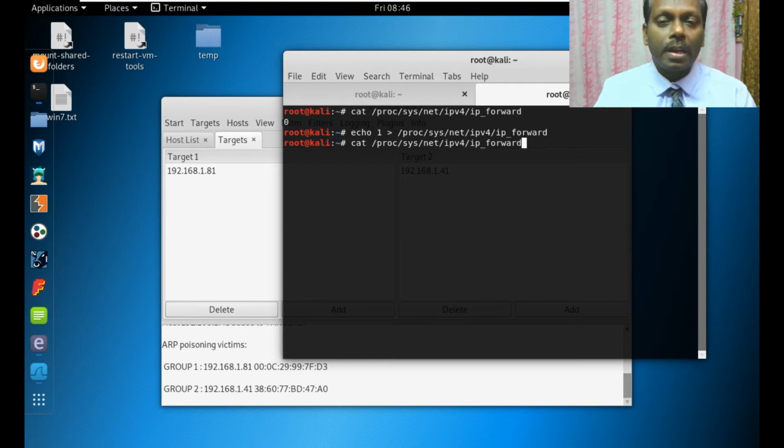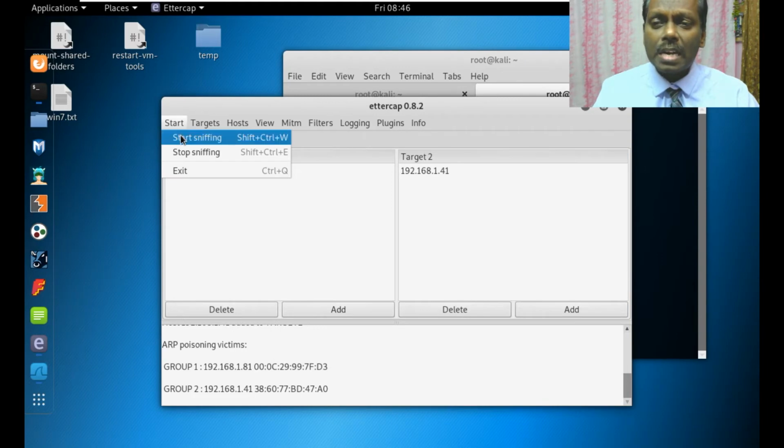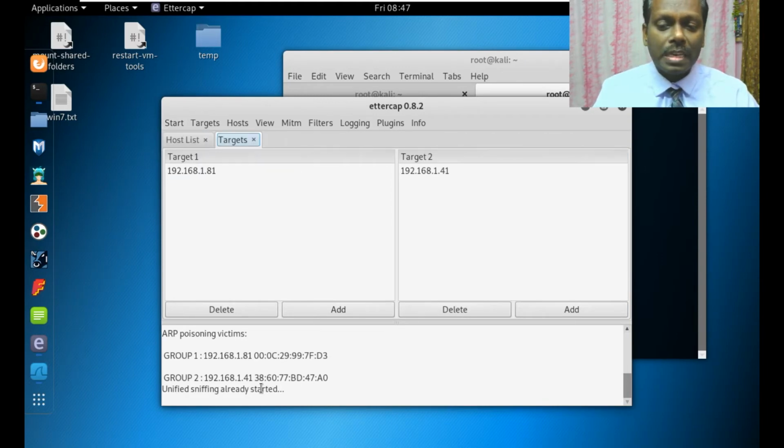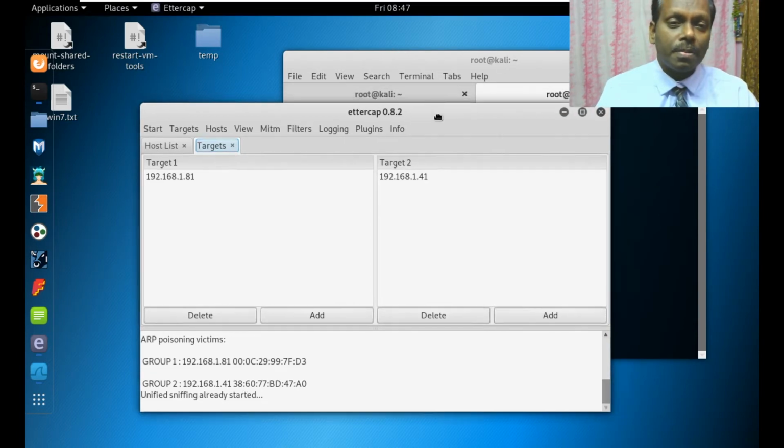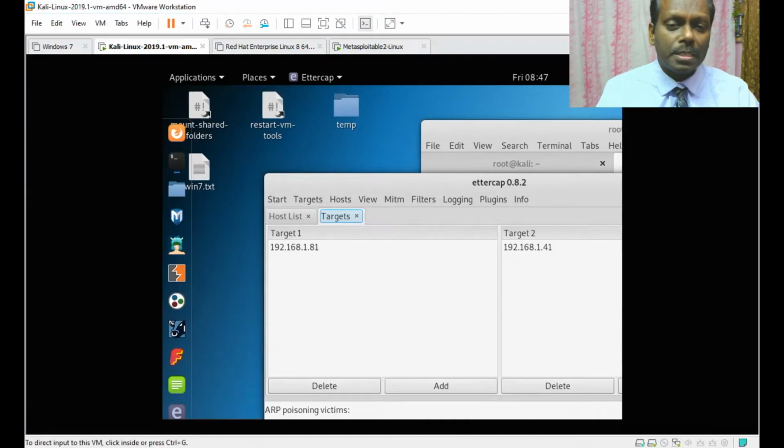Okay, so you can see now it is set to 1. So now, yeah, IP forwarding is enabled in this particular system. So I can start sniffing now. I can start the sniffing process. So unified sniffing already started. That's okay. The next most important step, which I want to minimize this one and show this